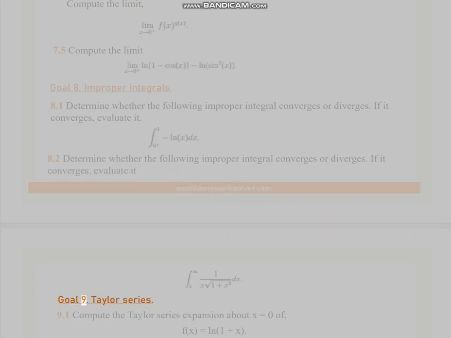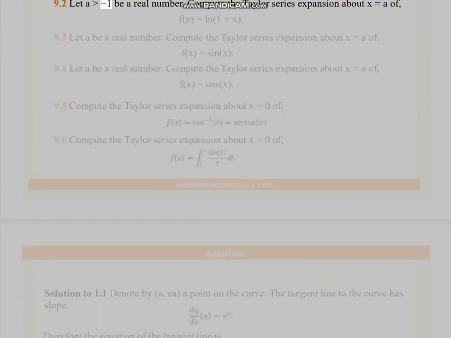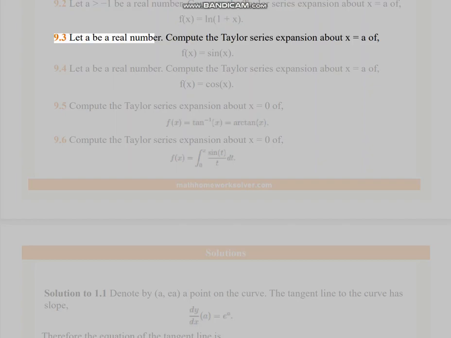Goal 9. Taylor series. 9.1 Compute the Taylor series expansion about x equals 0 of f(x) equals ln(1 plus x). 9.2 Let a > minus 1 be a real number. Compute the Taylor series expansion about x equals a of f(x) equals ln(1 plus x). 9.3 Let a be a real number. Compute the Taylor series expansion about x